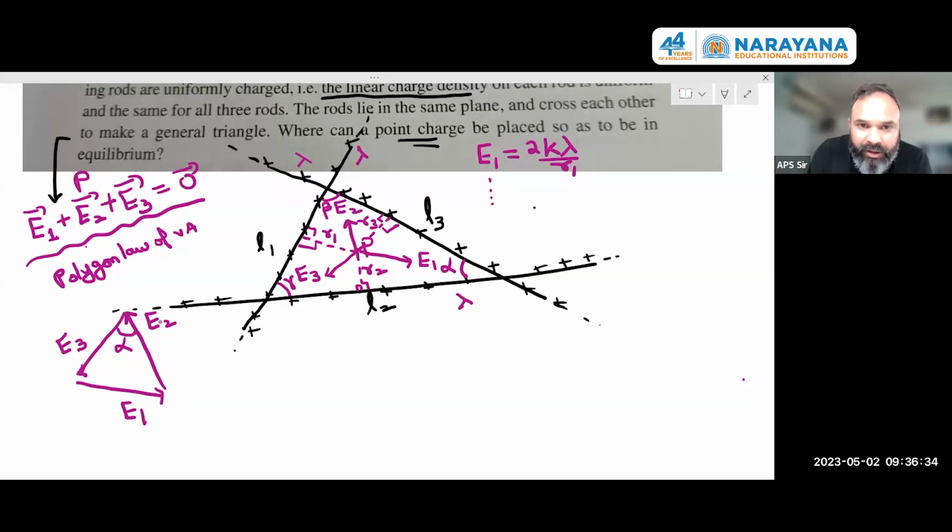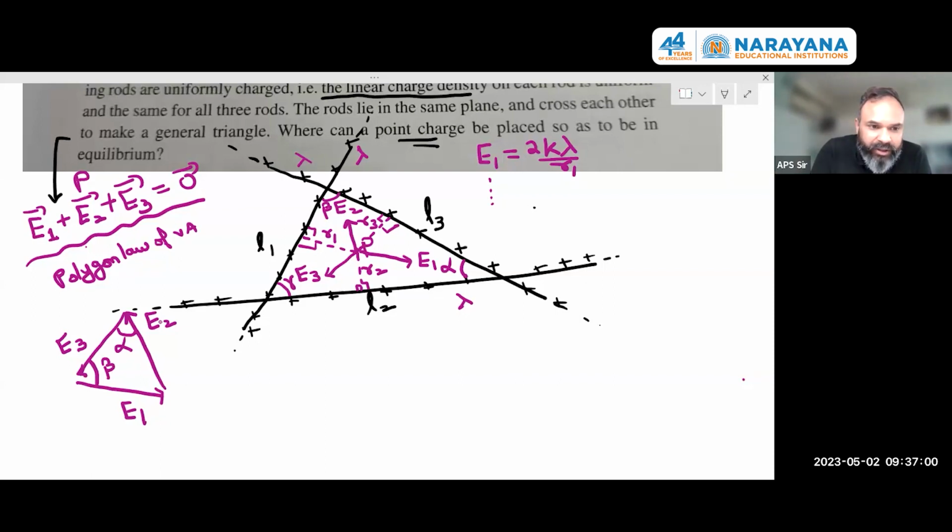Similarly, if I look into beta, beta is the angle between L1 and L3. Their normals are E1 and E3, and between E1 and E3 again, I'm getting this angle, and that angle there is beta. Check. Here beta is the angle between L1 and L3, and the normals to these two are